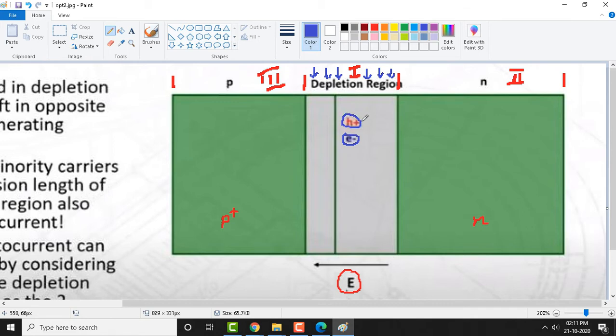Because of the electric field, in which direction do this electron hole pair move? Basically, the holes get attracted; this is a strong electric field. The field is so strong that it will push the holes into the P region. So holes will drift into the P region and electrons drift into the N region here. So, this is electron and this is hole.